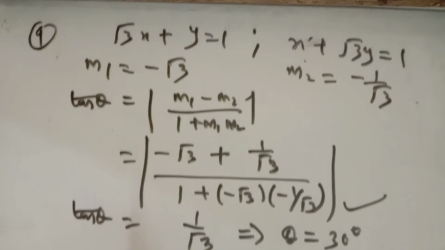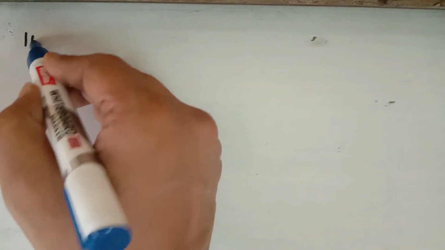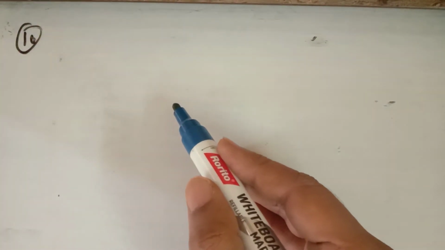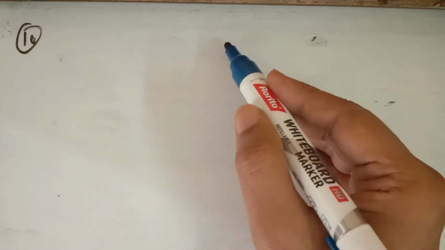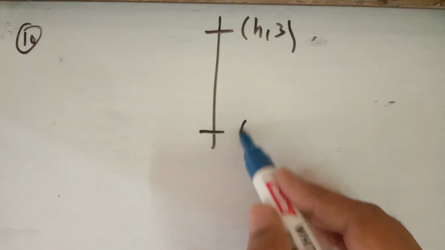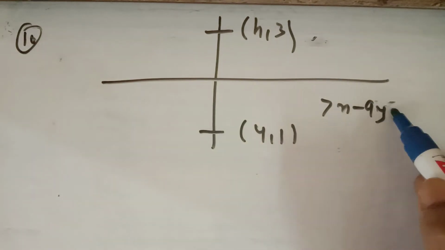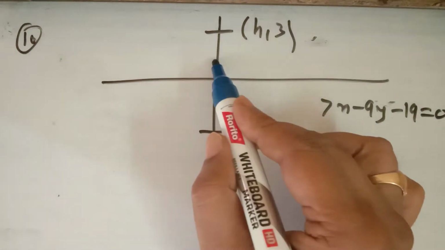So this is the angle between the two lines when the two lines are given, and from those two lines we have found the slope of the line by using the formula minus a upon b. So this is the question number 9. Now in question number 10, the line through the points (3, 4) and (1) intersecting the given line 7x minus 9y minus 90 is equal to 0 at right angle.